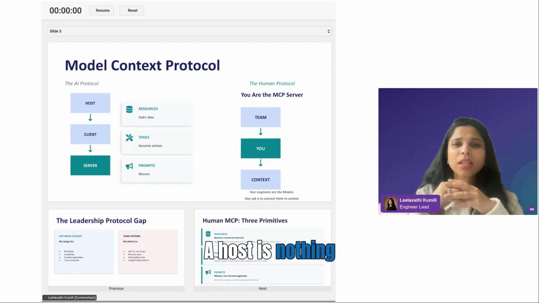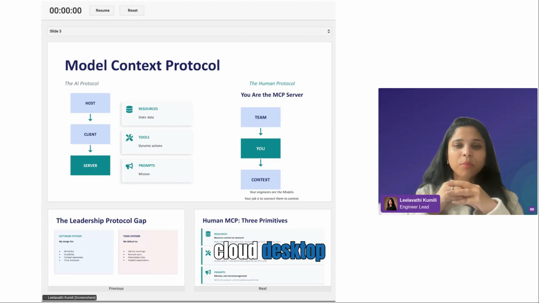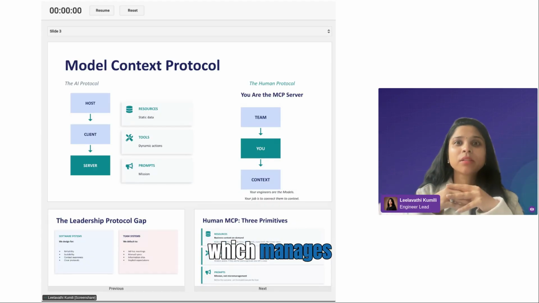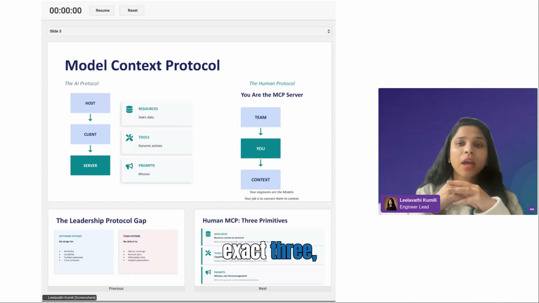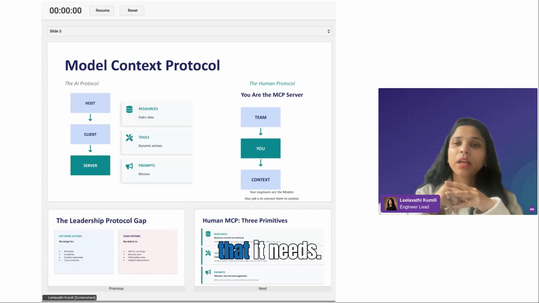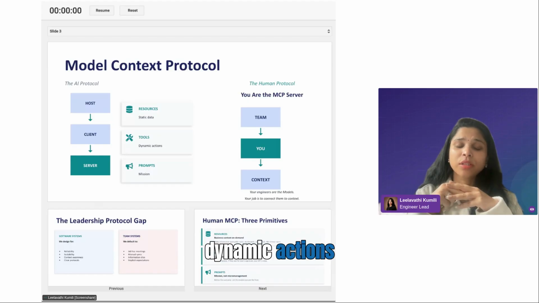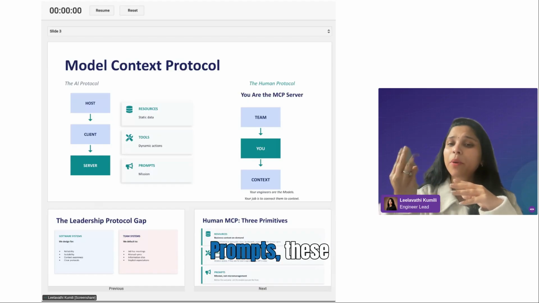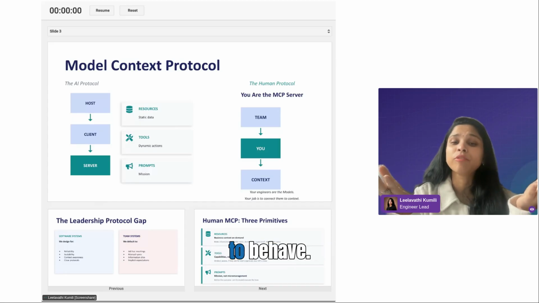A host is nothing but your ChatGPT or Claude Desktop, which initiates the connections, and the client manages the session. The server exposes 3 things: resources, all the static data that it needs; tools for any dynamic actions it needs; and prompts. These are the instructions which shape how your model has to behave.